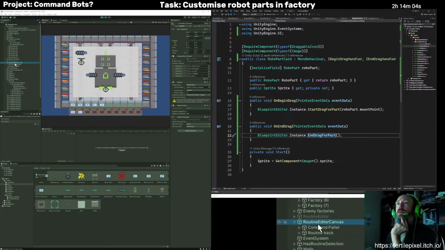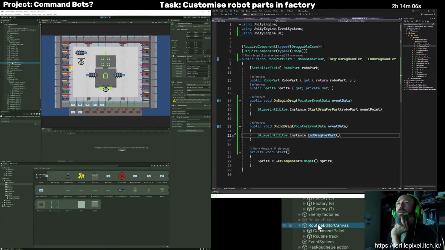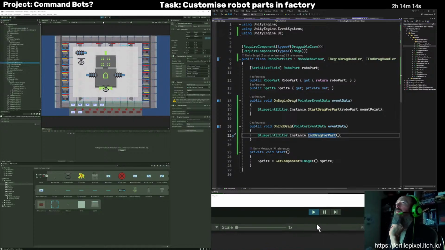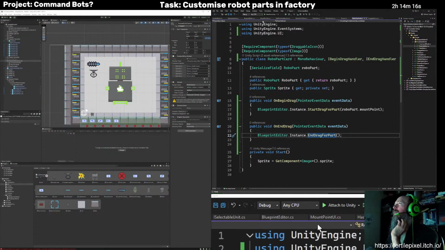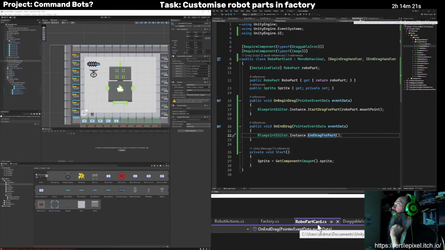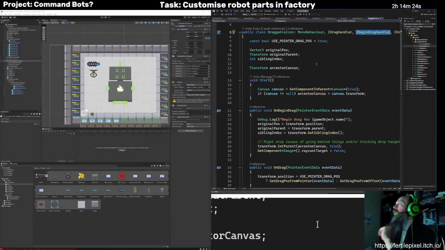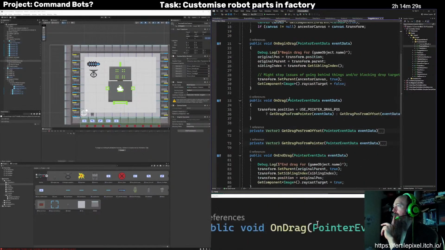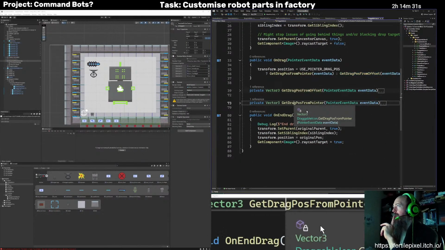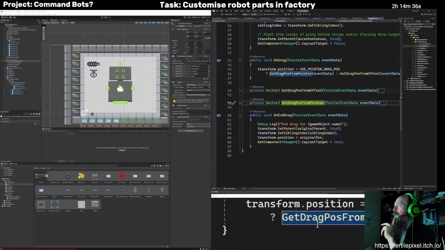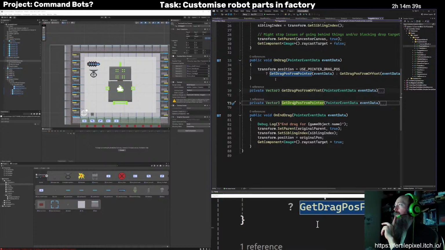So I think it would work well if I got this thing for the draggable icon, and when setting the position, either of these guys here, then we want to clamp it within the canvas.